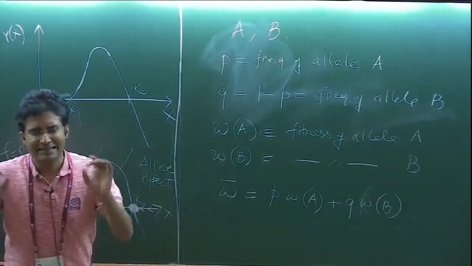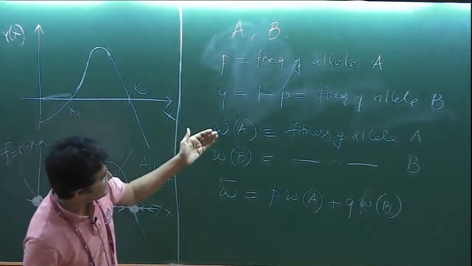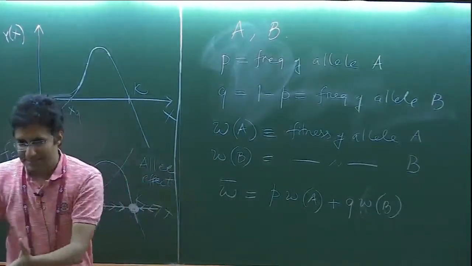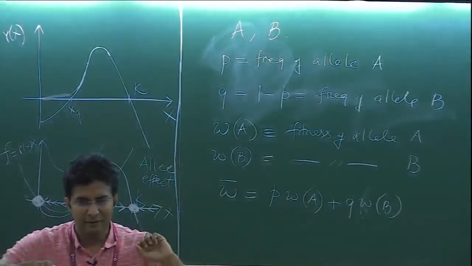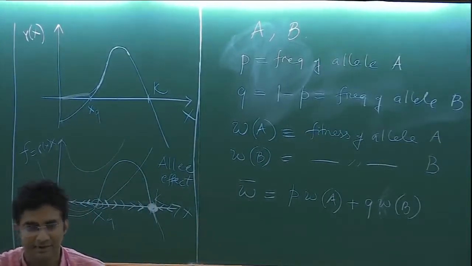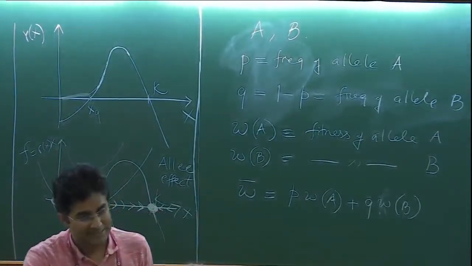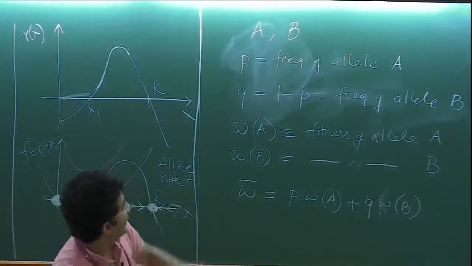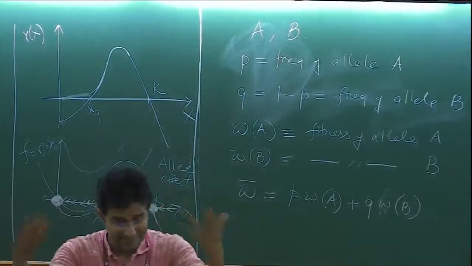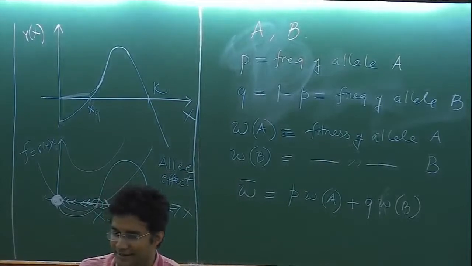Given this, if you were to keep track of every individual in the population and how they change given this fitness for A and B, there are lots of allele A's and allele B's. The A's will have omega A babies, and the B's will have omega B babies, right? So each of their populations has changed now. So I can write down a similar sort of change, from, let's say, NA was the population size for A, and NB for B. If I now do a delta NA, and keep track of all of the simple algebra carefully,